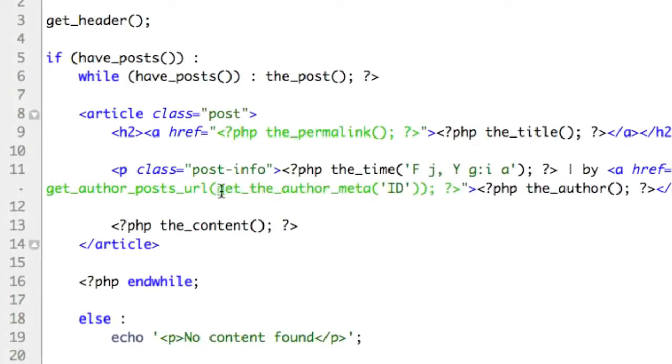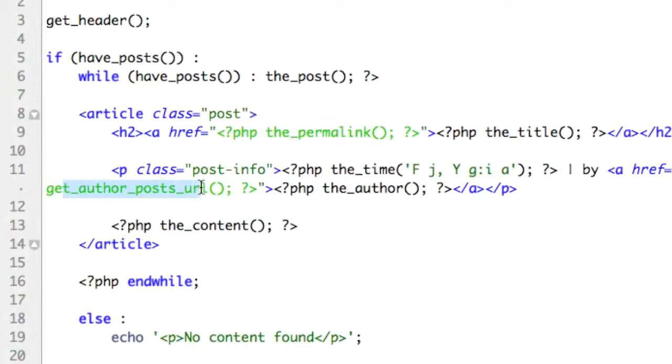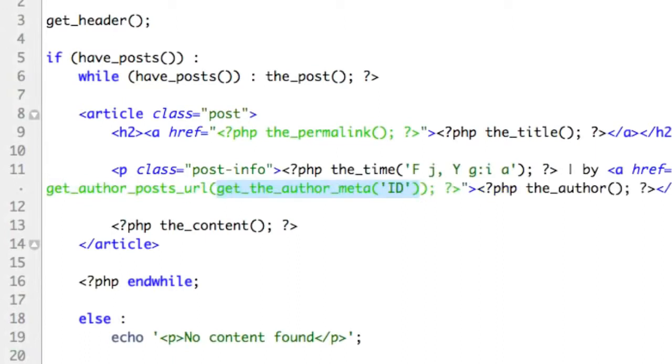So now, once we pass along, and remove this for just a second, we want to pass along an ID number into this function, get author post URL, so it knows which URL to get. So I'll paste that back in. So now if we